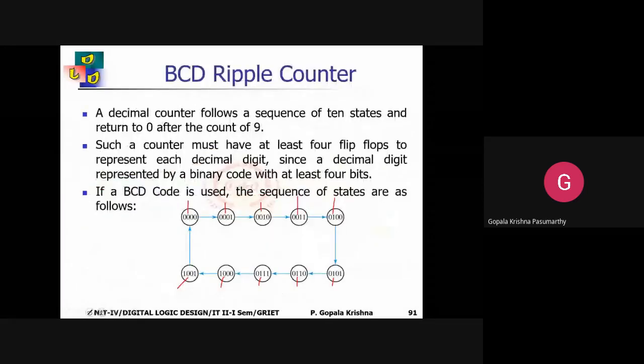Let us see whether it is happening or not. See, Q2 goes from 0 to 0, so my Q4 is the same. Q2 goes from 0 to 1, so my Q4 is the same. Q2 goes from 1 to 1, so my Q4 is the same. 0 to 0. When Q2 goes from 1 to 0, yes, here it happened. Q2 is going from 1 to 0, hence my Q4 gets complemented. 0 becomes